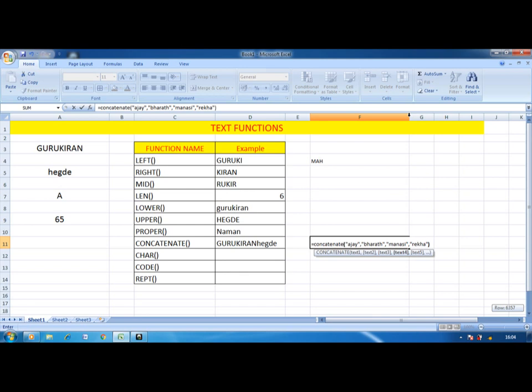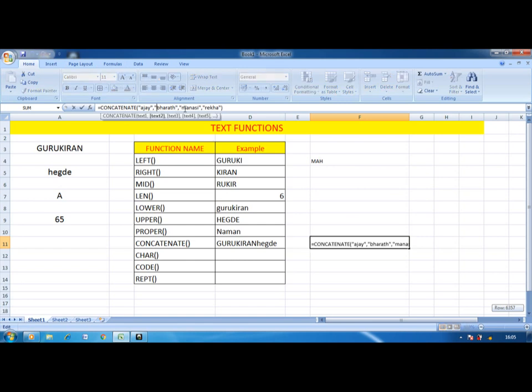See here. When I press the enter button at that time, it returns all the text one by one. See here. Ajay, Bharat, Manasi, Rekha, and in between each name, if I want one space at that time,